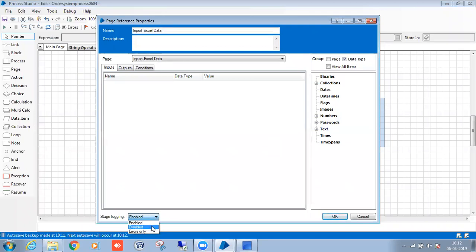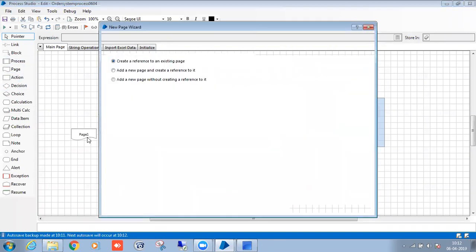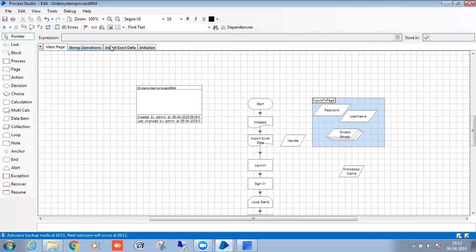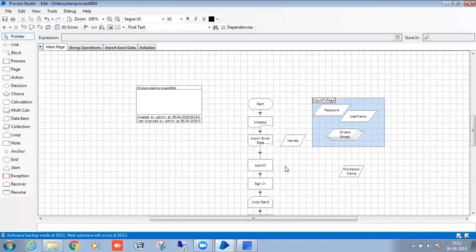So will I be able to see the audit trail corresponding to this particular stage, or the complete process? No, this particular stage. This is the stage. The page reference is the stage. So this particular stage only you will get, not complete information. Only this stage. This particular tracker will be stage to stage, not for the complete page.